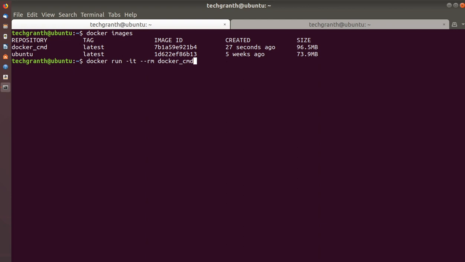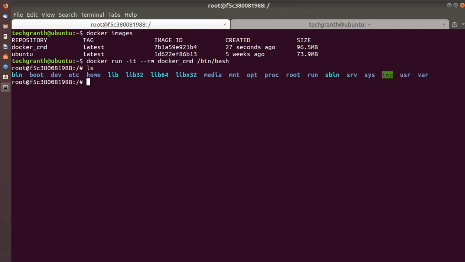So if I say here, we can mention our command /bin/bash. If I press enter and say ls, you can see we are directed to the bin bash shell. If I exit from here,